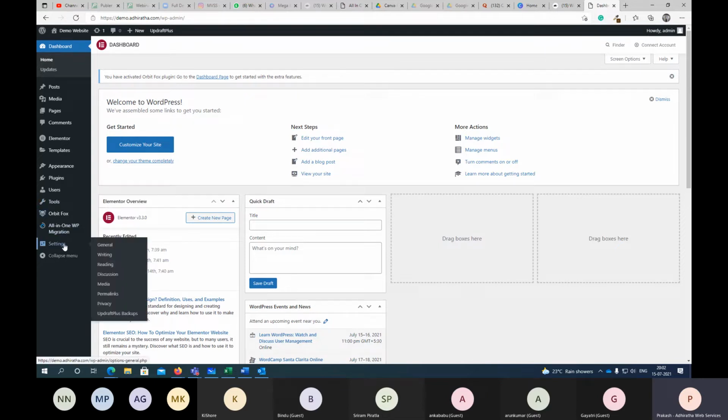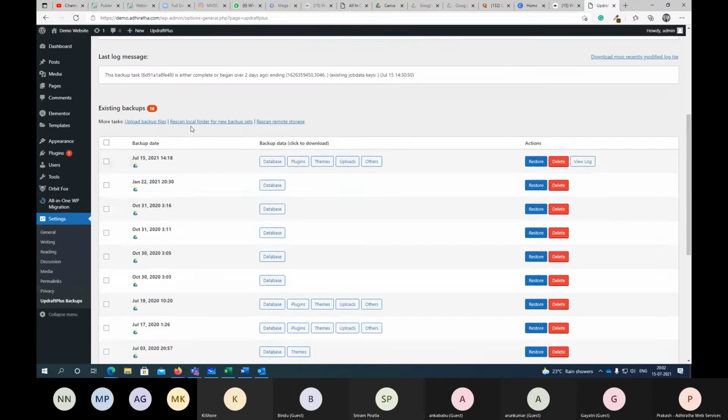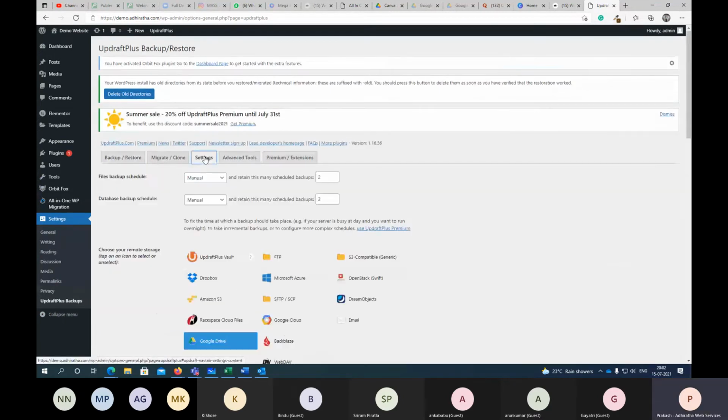And one more thing I want to show you here. When you go to UpdraftPlus backups, go to settings, see the file backup schedule. You can see here how you want to do it: either manually every now and then, or every 12 hours, daily, weekly, depending on this.